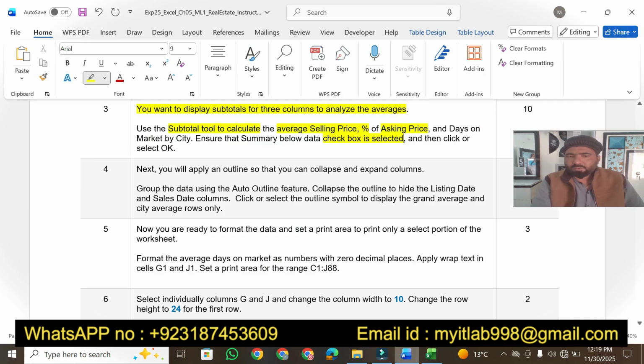We have to use subtotal tool to calculate the average selling price, percentage of asking price, and days on market